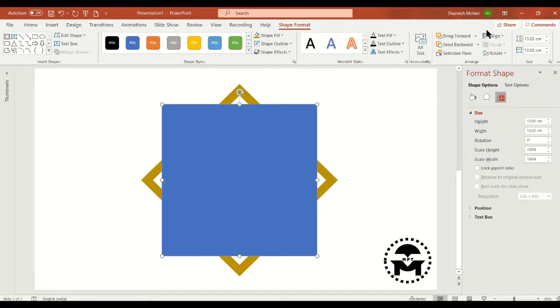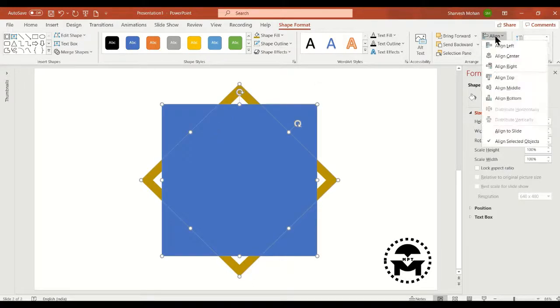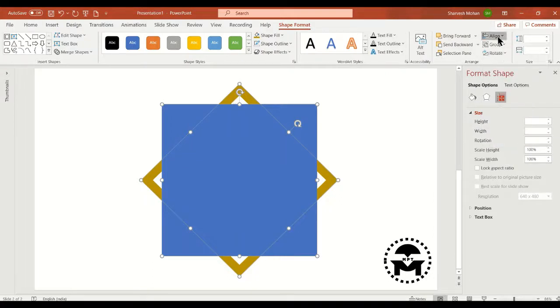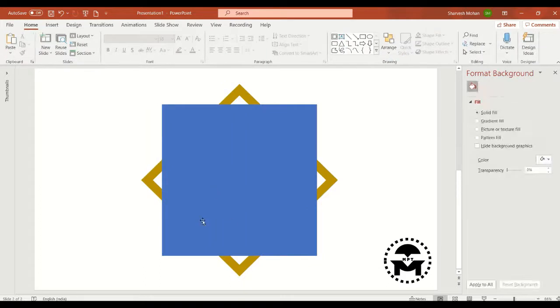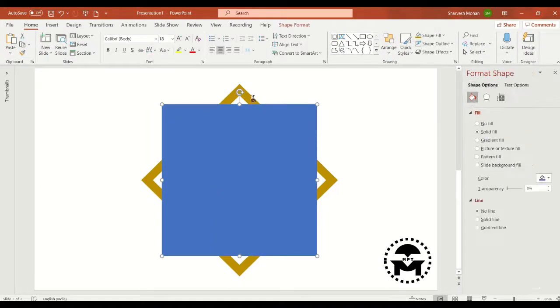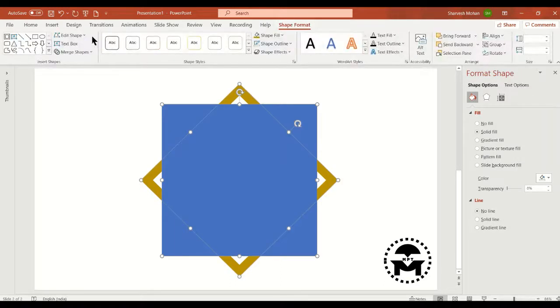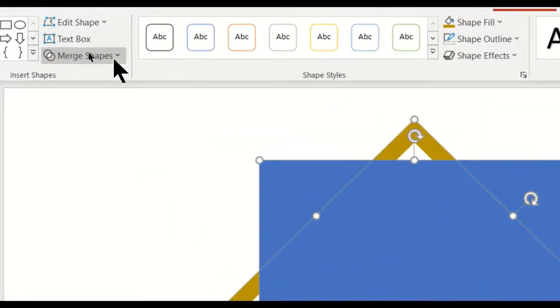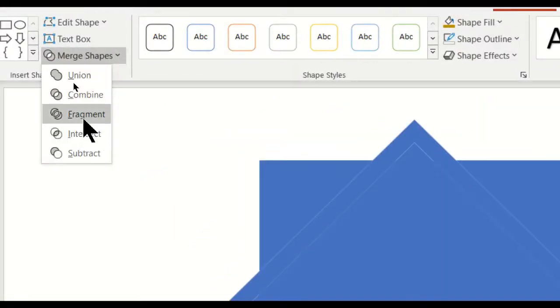Select both the shapes, go to align, align center, align middle. Now we need to fragment these two shapes. Select both, go to format shape, merge shapes, and select the option called fragment.